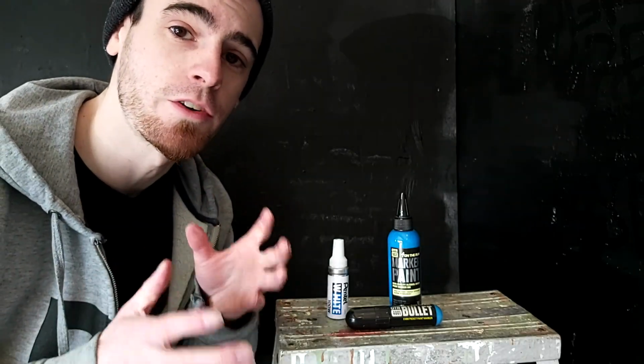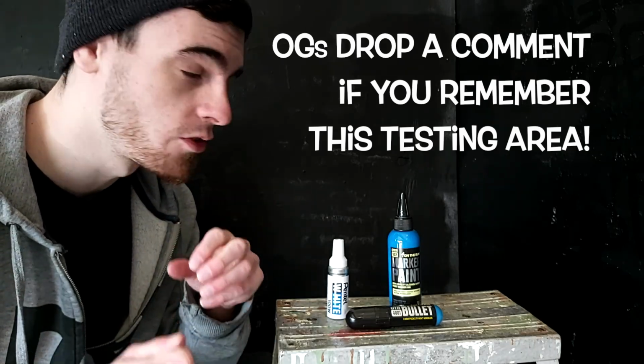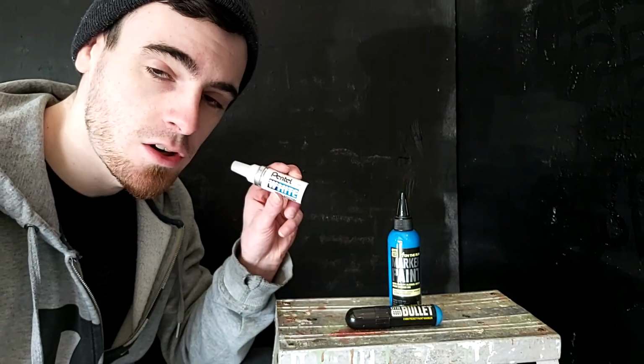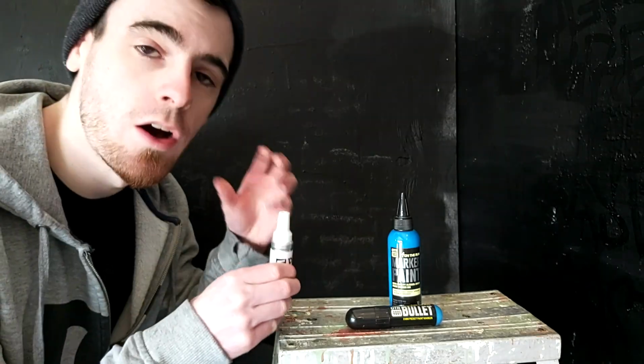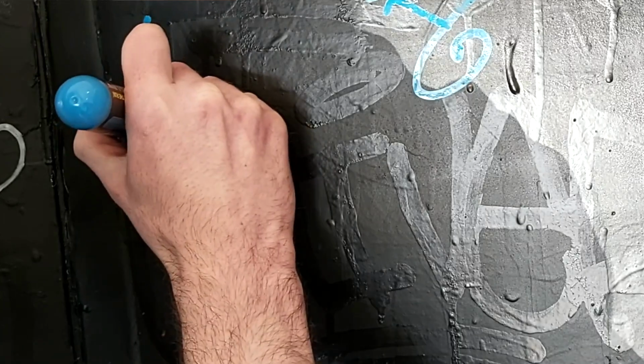Okay, so we're in one of our testing areas that you guys haven't seen for quite a while actually, and we're gonna start throwing some tags up here on what I thought would be a great background to test our Pentel white out here. Why not a nice black background to really test the opacity of this Pentel Shorty here? And of course, while we test out the Pentel Shorty,